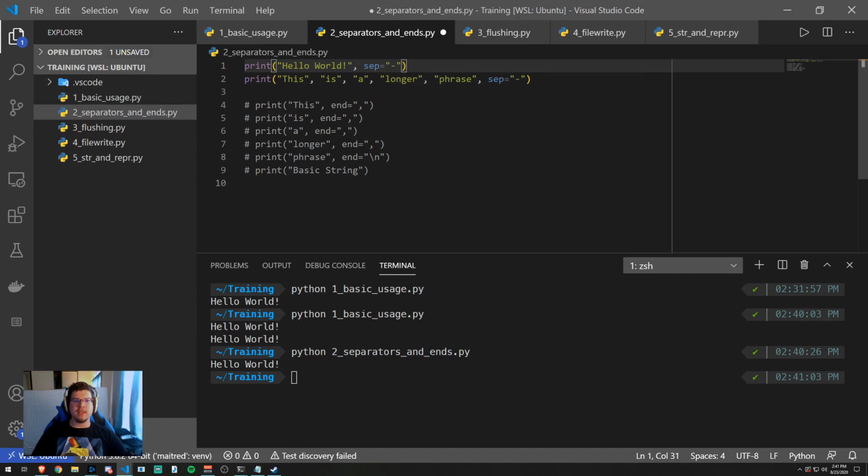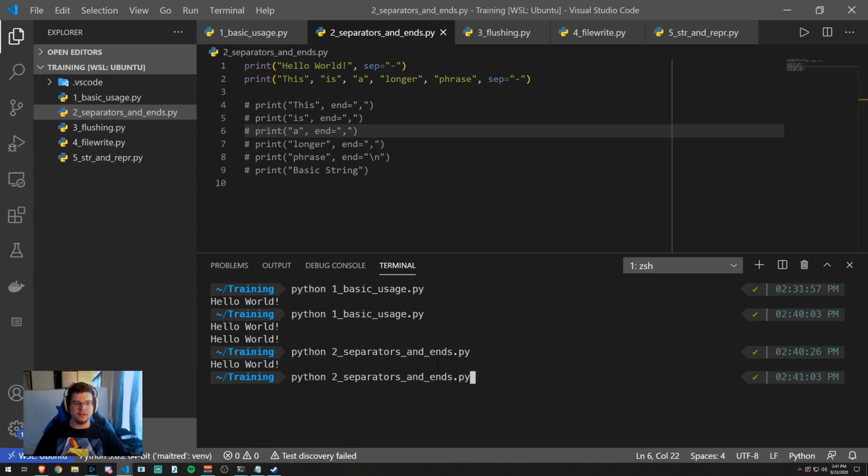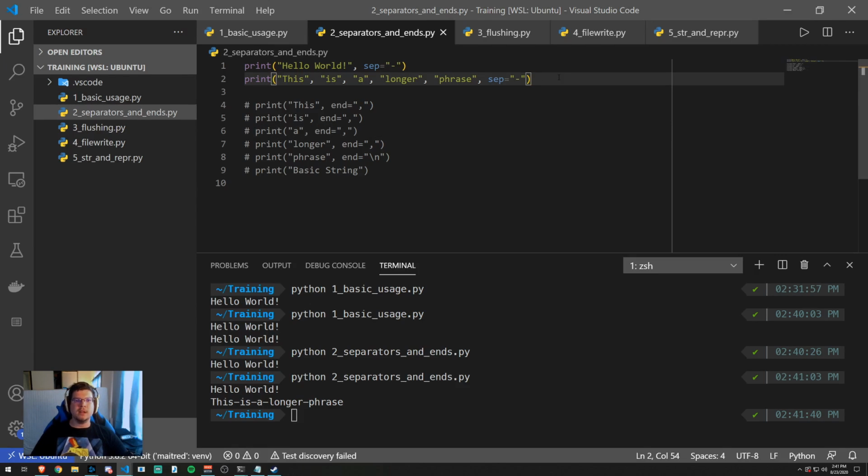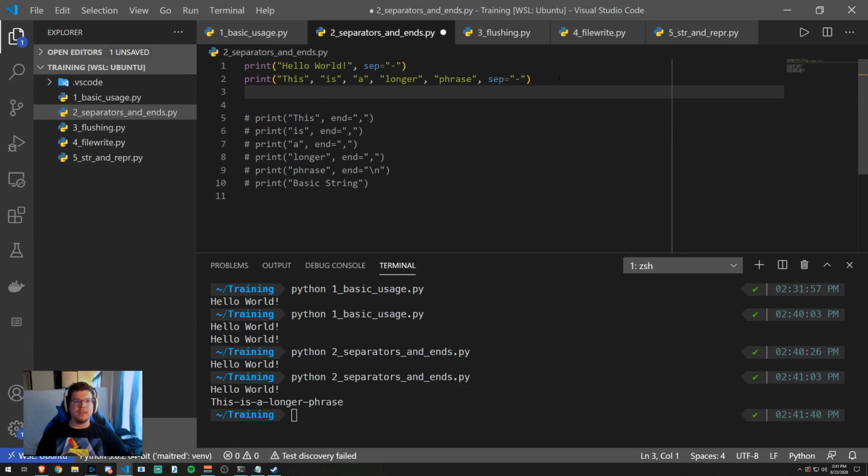So we'll still print out the hello world, all as one singular input. And then we'll also print out a second line that has 5 inputs. And we'll see that that dash separator gets put in between each string automatically. So you might see this could be a good replacement for somebody doing join